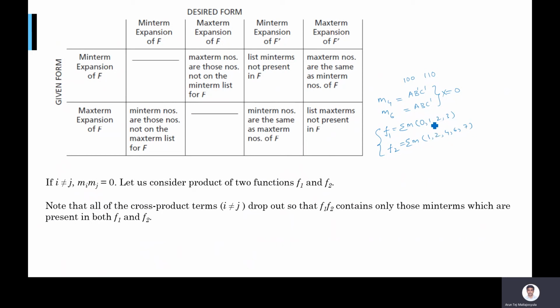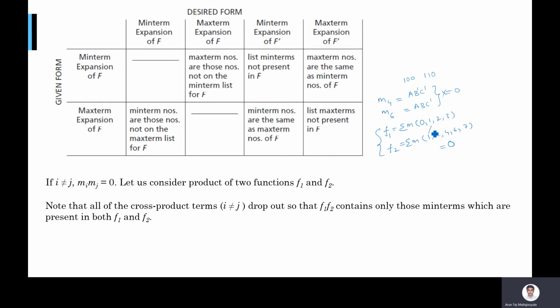Similarly, plus 1 into 1 term. Let me state it more clearly: m0 into m1, m0 into m2, m0 into m4, and so on. m1 into m1, m2 into m2, m3, m1 into m4, m1 into m6, and so on, right? I will have so many product terms. And you can easily see that in several of them, i is not equal to j. Here i is not equal to j, i is not equal to j, i is not equal to j. All these products will be 0, right? So only those terms will be there where i is equal to j when you take the entire product.